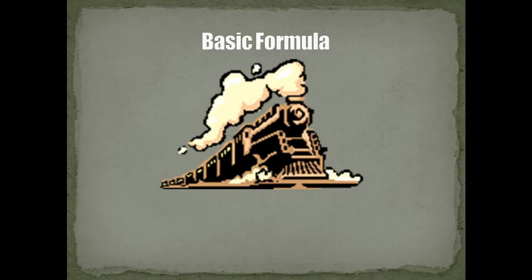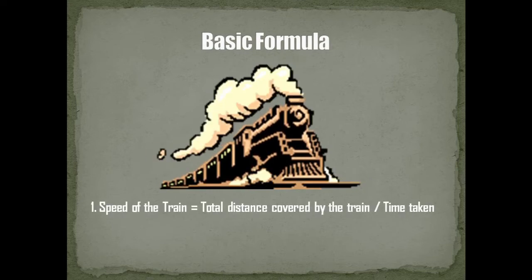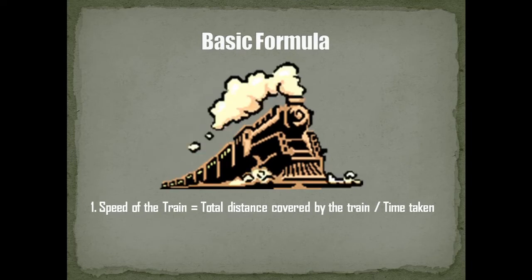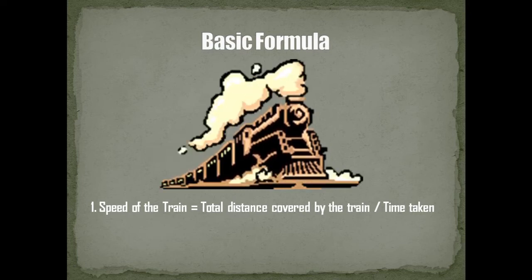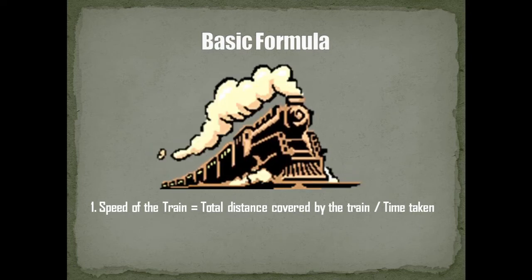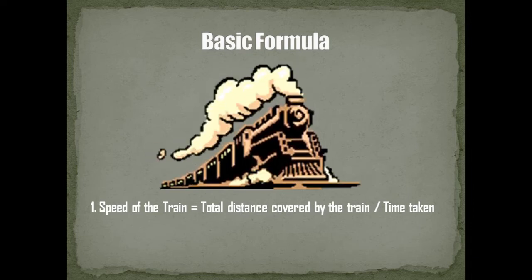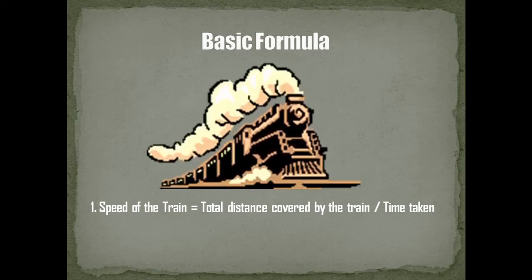In the train, the very important thing is to identify the speed of a train. The formula for that is: the speed of a train can be given as the total distance covered by the train divided by the time taken to cover it. We already discussed this in the time, distance and speed concept. So we use some of the basic formulas which we already used in time, distance and speed. To get that video, you can go through the description, where I have provided the link for time, distance and speed.